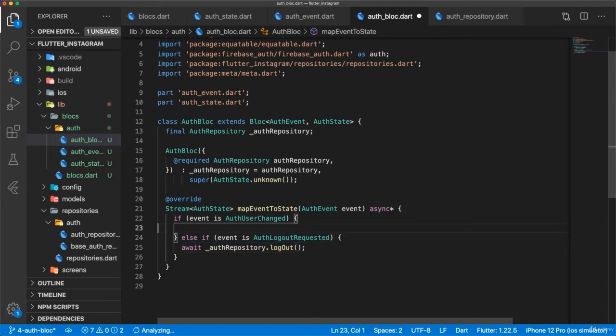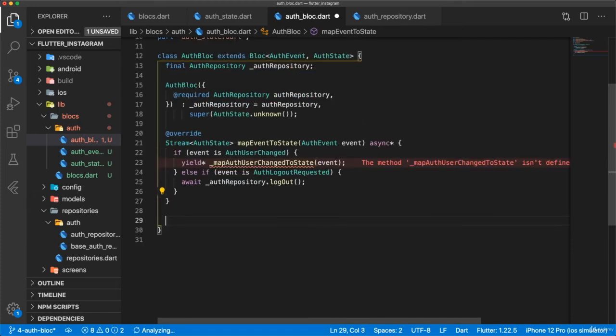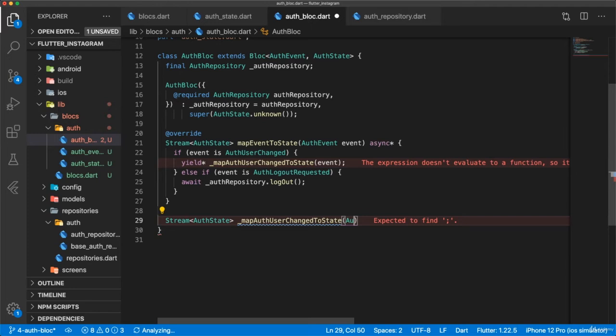For auth user changed, we're going to put this in a separate function. And to do that, we need to yield star, and this is a generator, map auth user changed to state, where we pass in the event. And this event contains the user. Below this, we can write stream auth state, map auth user changed to state, where we pass an auth user changed event,